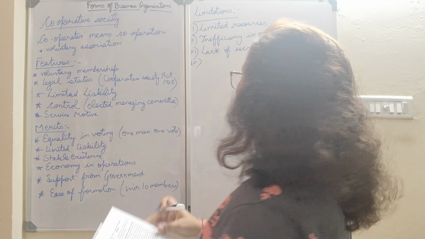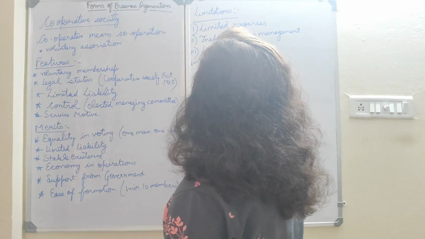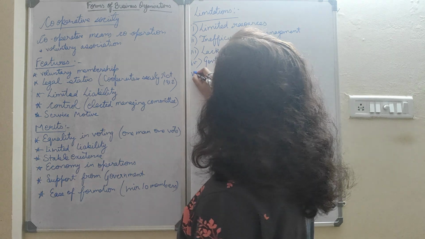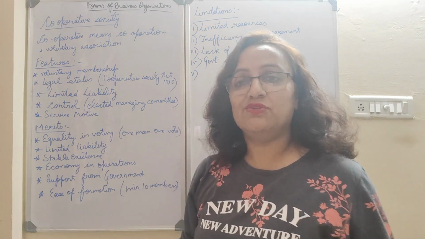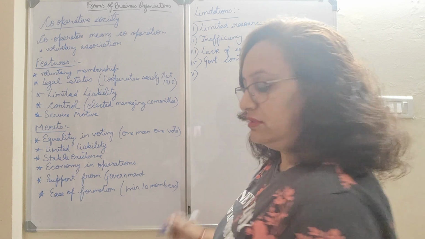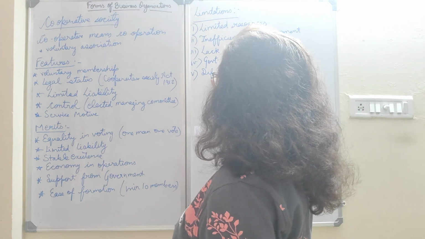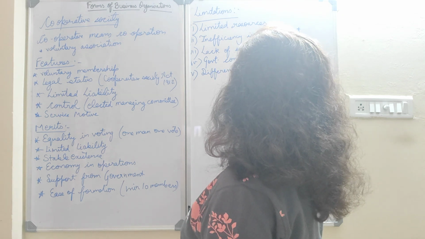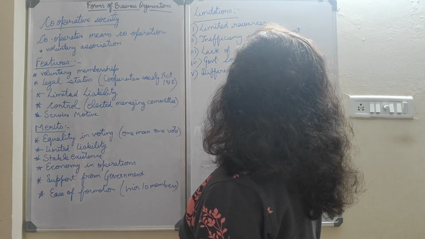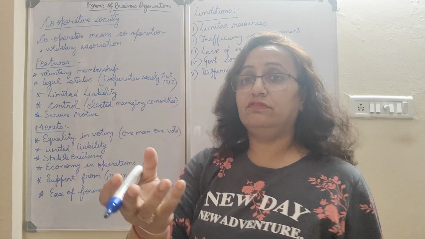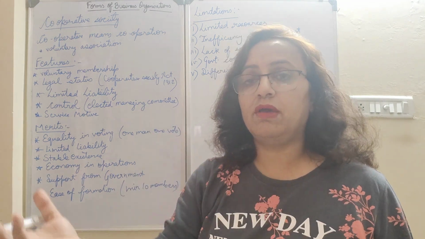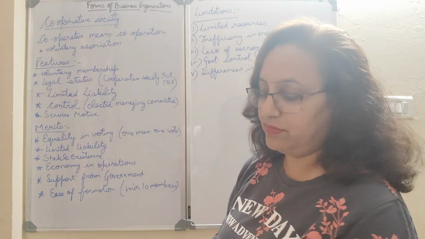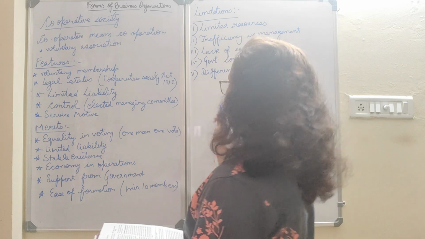Then government control, because there is government interference, the government will control many things, because of which you will not be free to start using any kind of technology. Then differences in opinion. Now when there are many people, all will be having their individual opinions. So sometimes the work with which I agree, maybe my member is not agreeing. So this kind of clashes mostly happen in cooperative society.